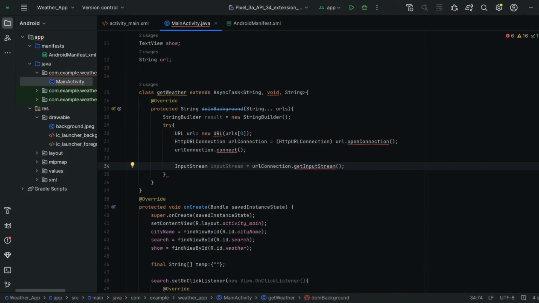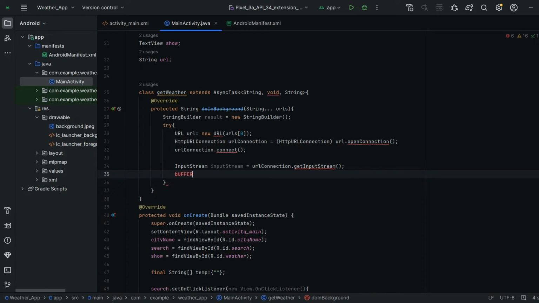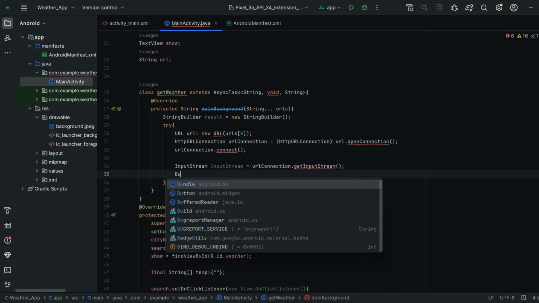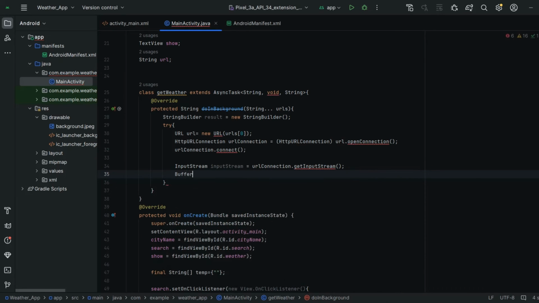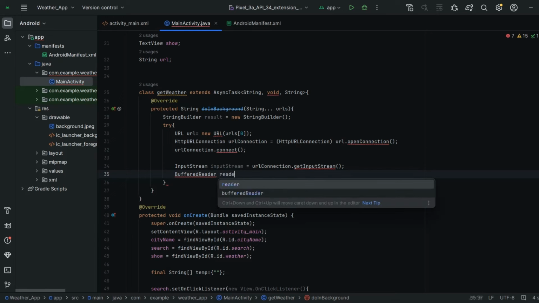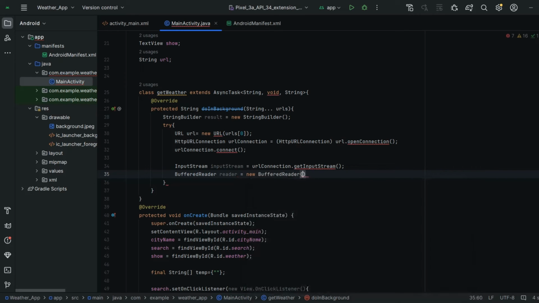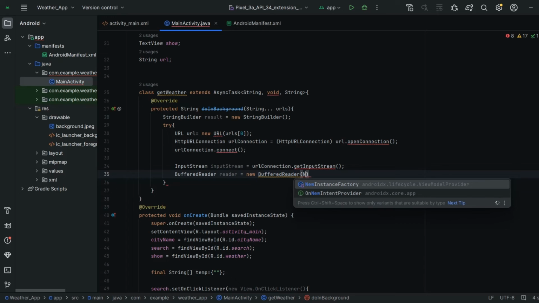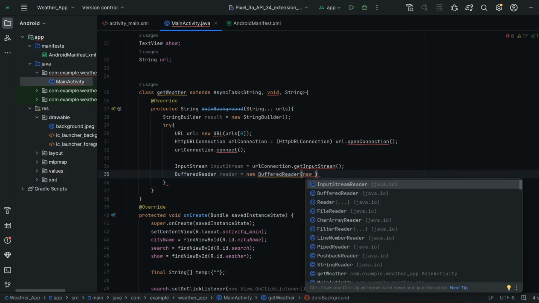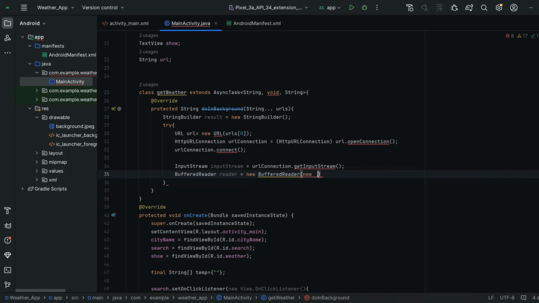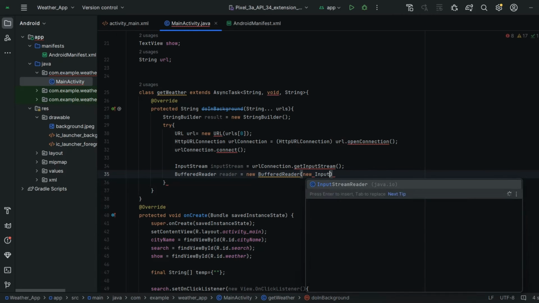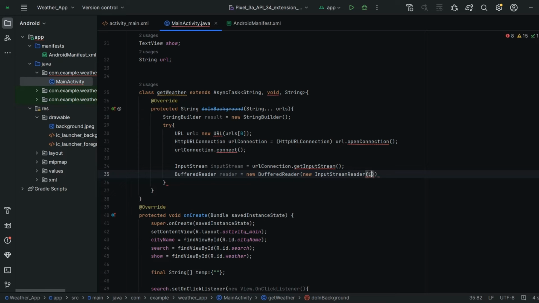So I'm getting the value from the API here. So I'm going to read these values. BufferedReader, I'm going to name it reader is equal to new BufferedReader. In this I am going to create new InputStreamReader of inputStream.